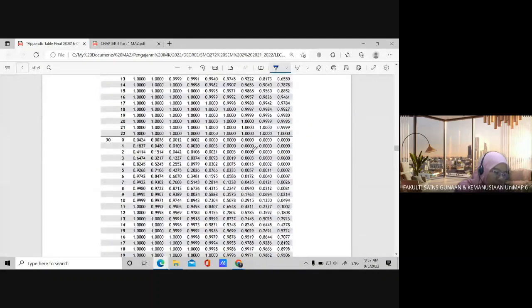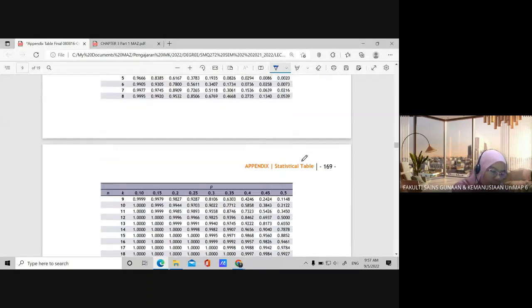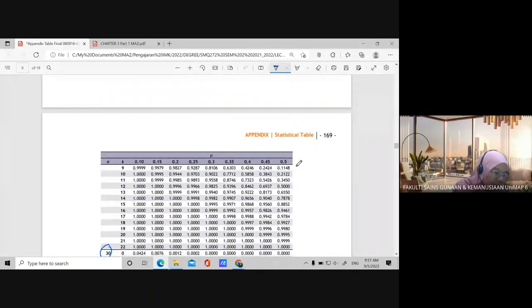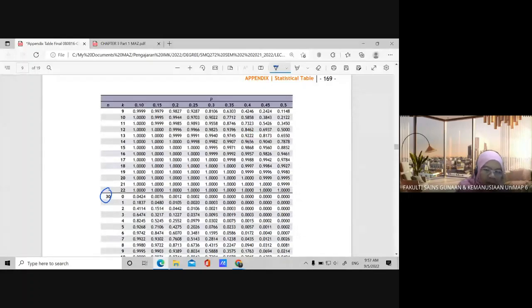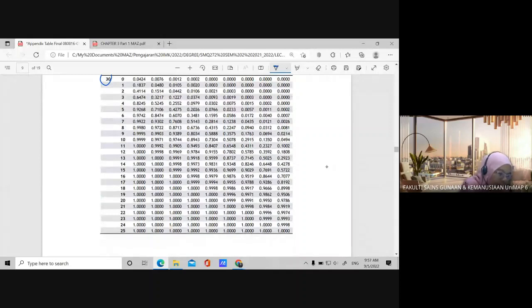Oh, in this case, only 30 trials. Just now it was up to 100 trials, but for 0.5 maximum, it only gives you until 30 trials. But for 30 trials, look at the given successes. 0 success, 1